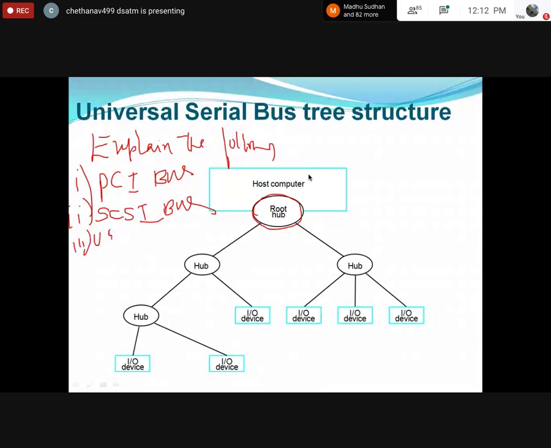So if it is a 10 marks question, you can split it here as 3, 3, 3, or 3, 3, 4, like that. Suppose there are only 2 questions: explain PCI bus and SCSI bus. You can assume 5 marks for this, 5 marks for this. Sometimes your question may be just explain the PCI bus. Sometimes it could be explain the SCSI bus, a complete 10 marks question. Or one more question is explain the USB bus. That could be a 10 marks question.